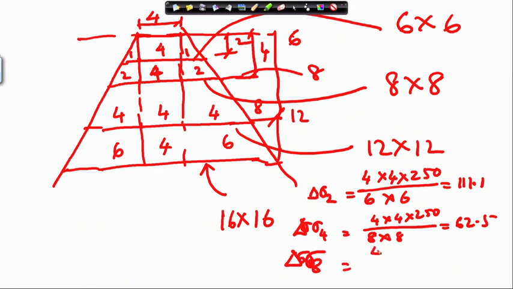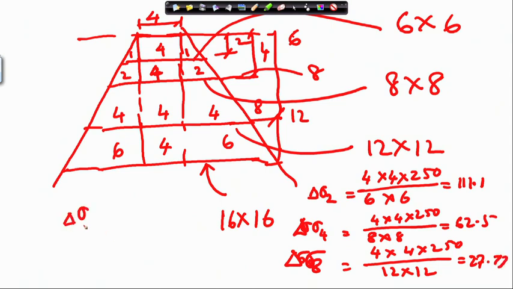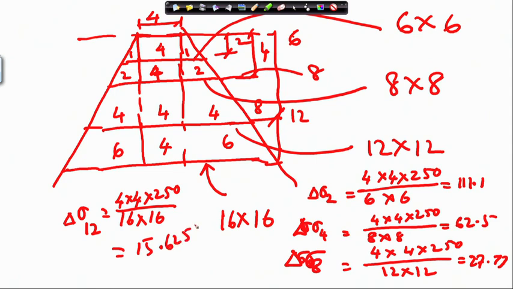Then delta sigma 8 will be 4 multiplied by 4 multiplied by 250 divided by 12 multiplied by 12, this value gives you 27.77. And delta sigma 12 is equal to 4 multiplied by 4 multiplied by 250 divided by the last footing size 16 by 16, that will be equal to 15.625. So, now we have got at different depth different pressure, except pressure at the shallow depth at 2 meter,